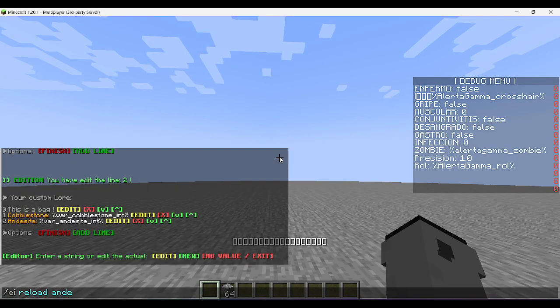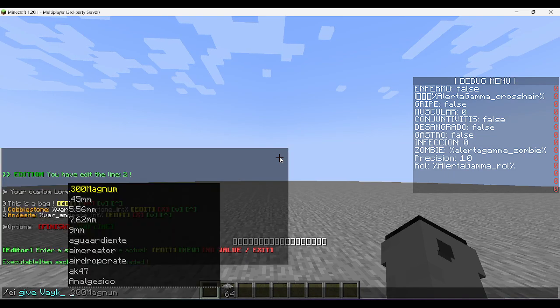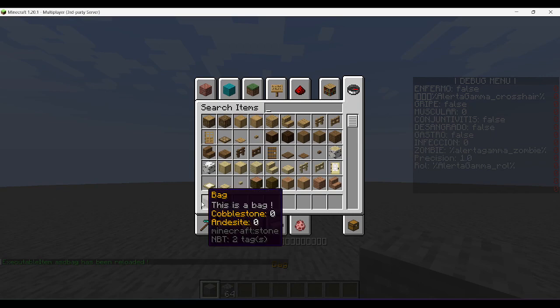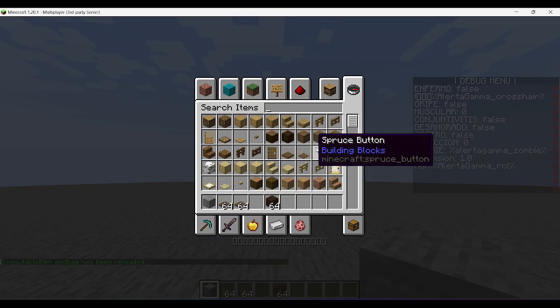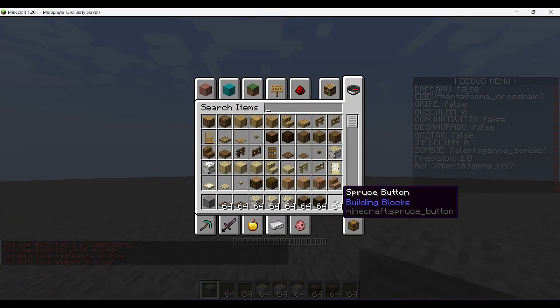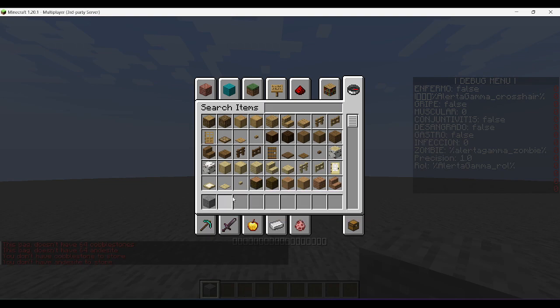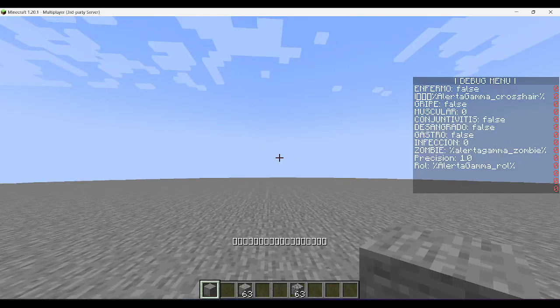A reload andesite, ACD back, and ACD back. Okay, andesite, perfect. Let's pick some random items just to make sure everything works. It doesn't work with normal items. If we pick cobblestone and andesite,